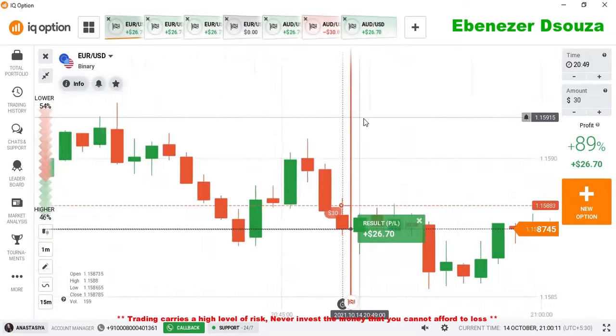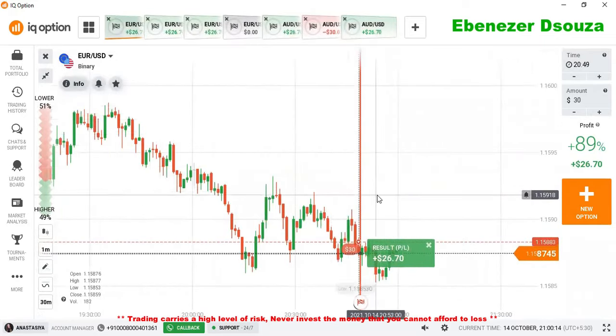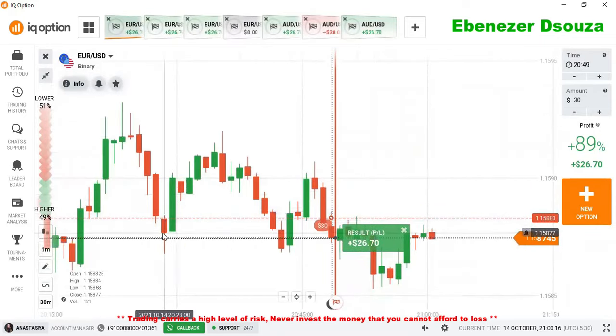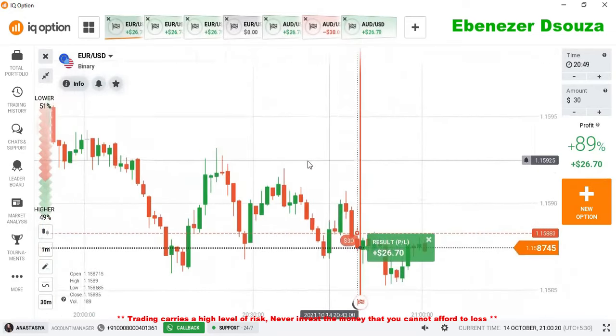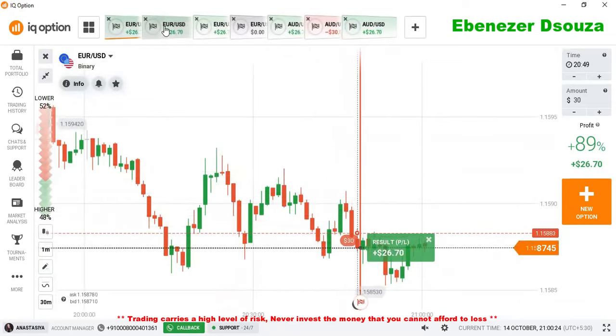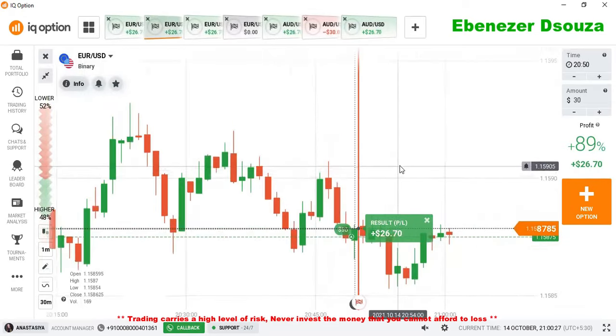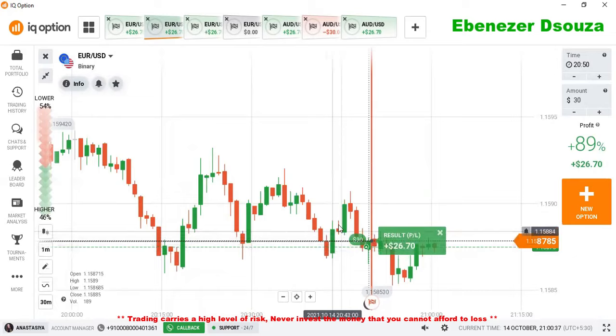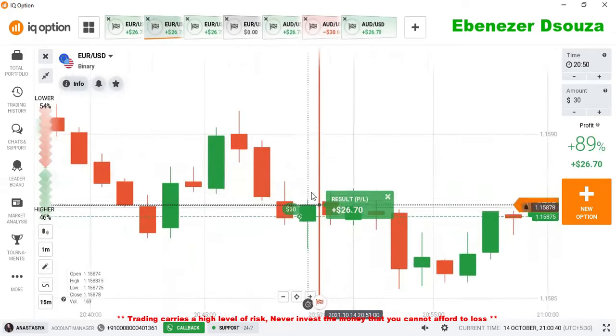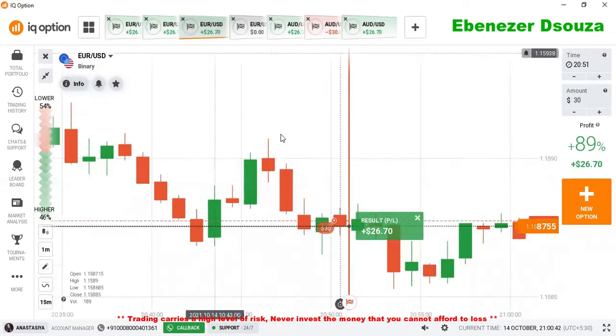Okay, this is my first trade because the trend is a downtrend, and this is the level, there is a gap, and the previous candle is a very strong candle, and from this point every time we are seeing momentum. And this is my second trade because it is an extreme level. Already we know it is an extreme level. From this extreme level every time we are seeing reversal, even when there is a breakout, we are seeing buyer's entry. That's why I placed here a higher option trade.